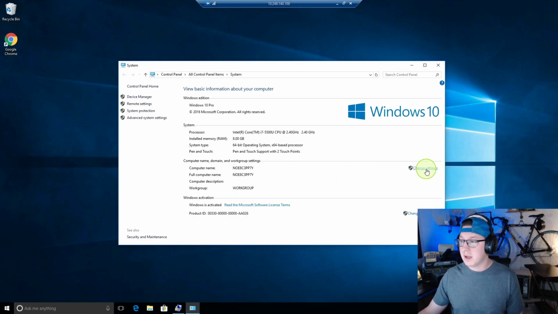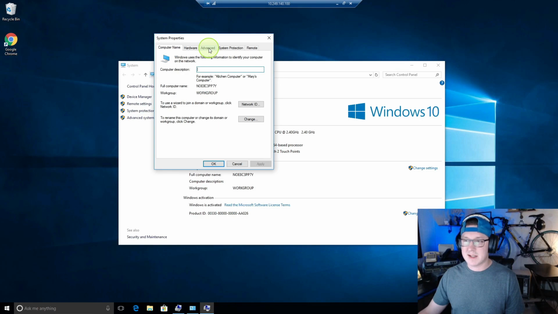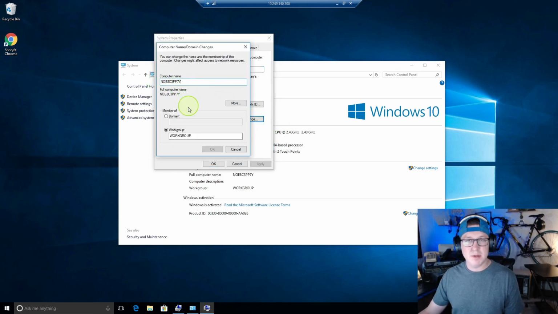Now, how do we get it onto a domain, or how do we even change this name? It's in the same box. So we can use change settings here. Sometimes I've seen this box default to this advanced tab, so just remember we're in this computer tab up here, and then we can give it a computer description as well, but here's the name, and we'll hit this change button down here. So we'll hit change, and we could edit this computer name if we wanted to,